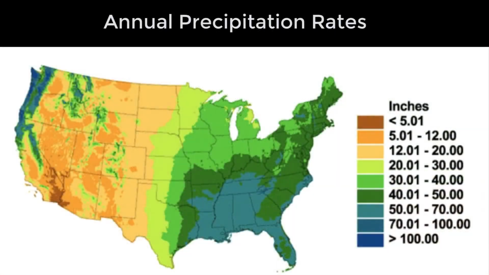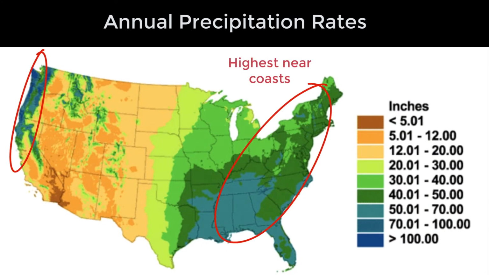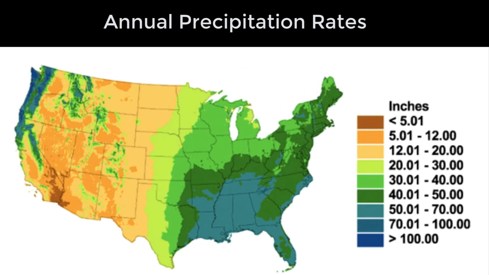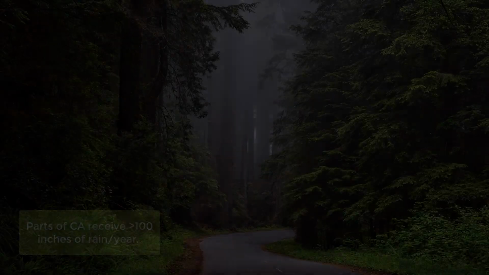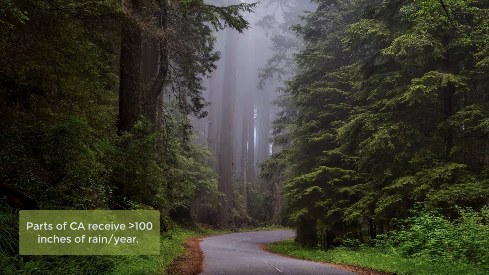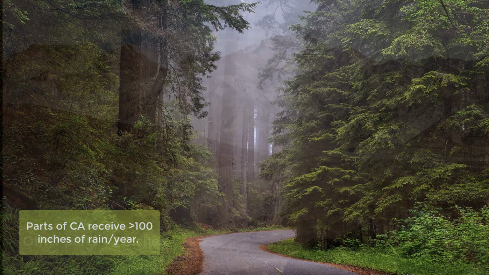And if you look at this map, one of the most obvious trends is that precipitation is greatest near the ocean, which makes sense since they are the largest source of moisture and the air has to travel over many topographic barriers to get to the interior regions, so it has dumped most of its water by then, resulting in lesser precipitation. Now, if you zoom into California in particular, we'll see there's incredible diversity in terms of its climate